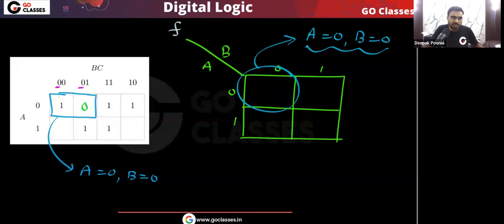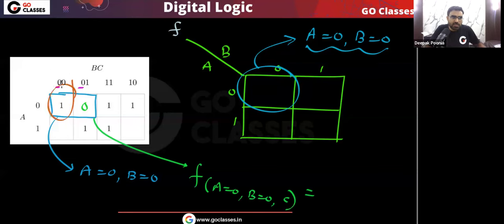Now let's see, when A is 0, B is 0, what is the function value? You can easily see that here C is 0. Notice in this cell that C is 0. When C is 0, the function value is 1, and when C is 1, the function value is 0.